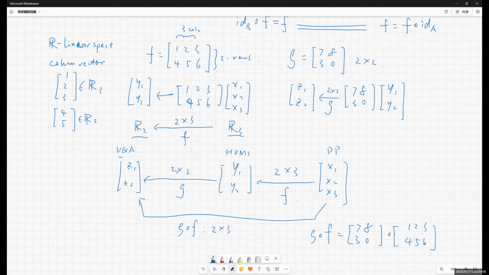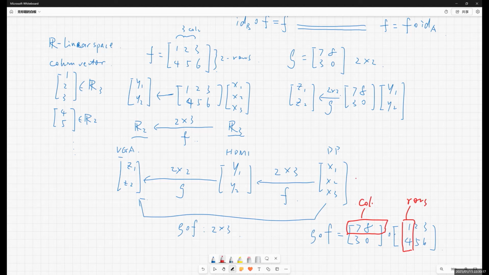This is why multiplication of matrices should have the same columns and same rows,